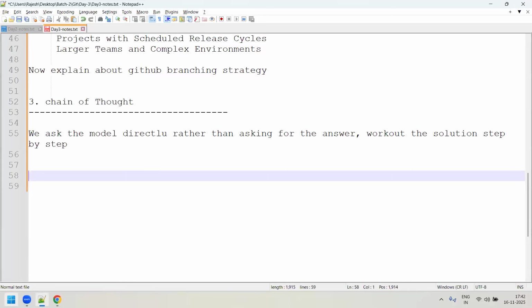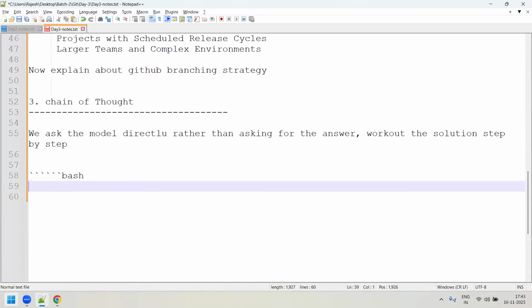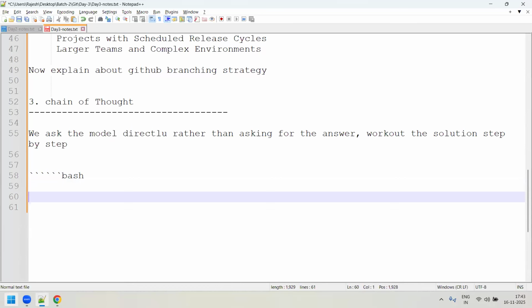Yeah. So let me do one thing. We know that we have a bash shell. Being in a bash terminal, we'll ask. For example, we'll take an example of Kubernetes. You know that in Kubernetes there is a concept of a pod, where the application will be running. Assume that your pod is not getting started at all in Kubernetes. So I want to get step-by-step information about what could be the possible reasons for the failures. So what I will do is I'll just say, a pod